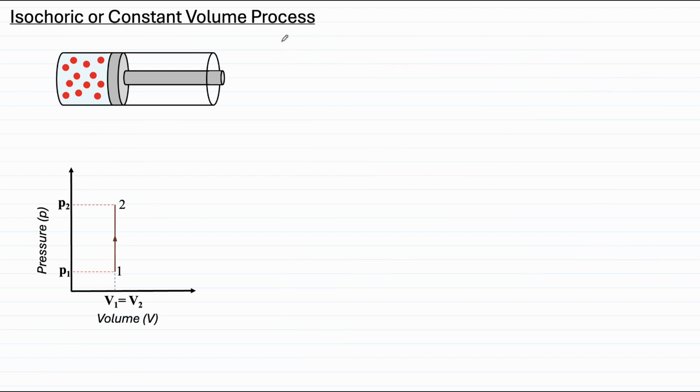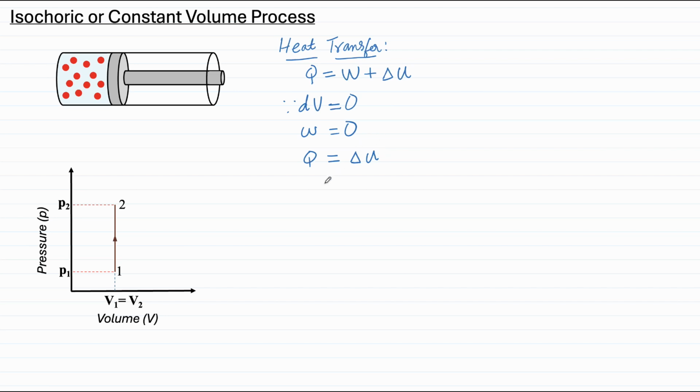To find the heat transfer in this process, we can use the first law of thermodynamics. So heat transfer can be given as Q is equal to work done plus change in internal energy. Since the volume change in this process is zero, the work done is also zero, and therefore the heat transfer is equal to the change in internal energy, which is equal to